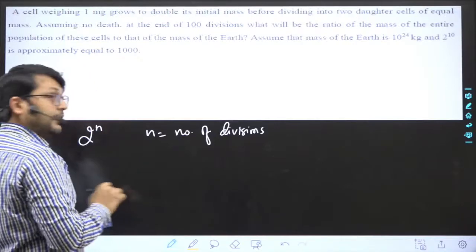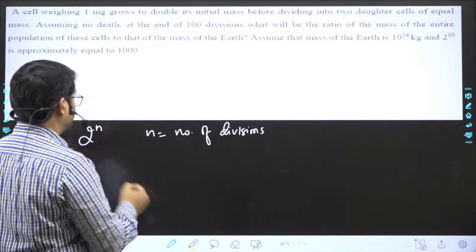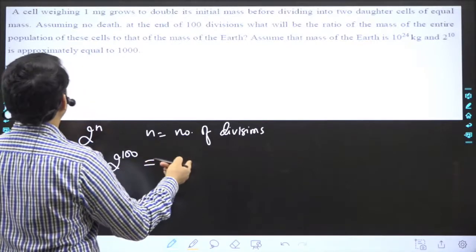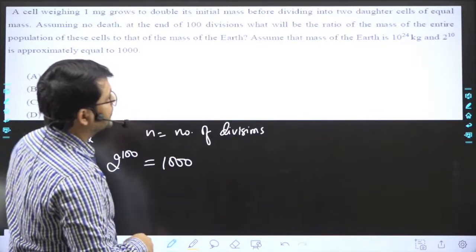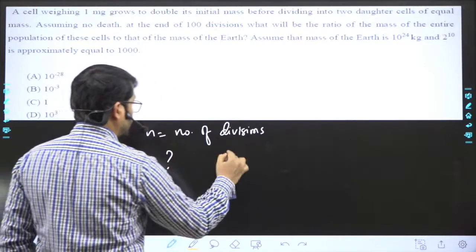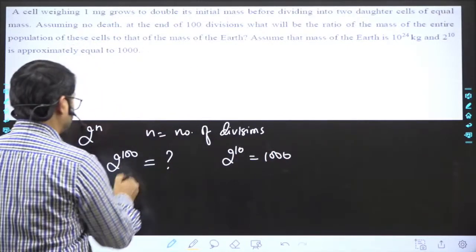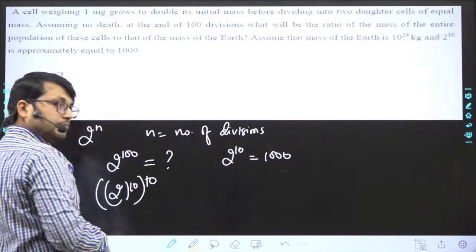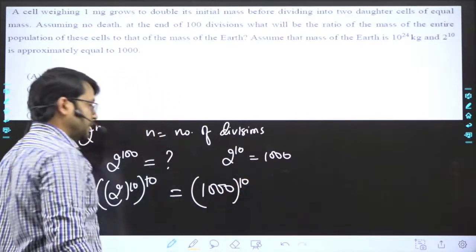Okay, great. ठीक है, अब देखो number of divisions की अगर हम लोग बात कर रहे हैं, 100 divisions होना है, यानी कि we have to calculate 2 to power 100. Sorry, 2 to power 10 हमें दिया हुआ है. तो ये हमें calculate करना है. 2 to power 10 is 1000. This has been given, right? हम इसको क्या लिख सकते हैं? 2 to power 10 to the power 10 लिख सकते हैं? Correct? यानी कि we can write 1000 to power 10 and this you can calculate.